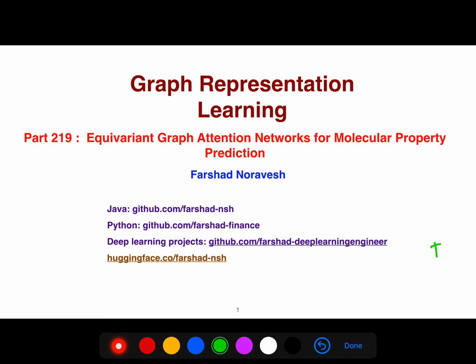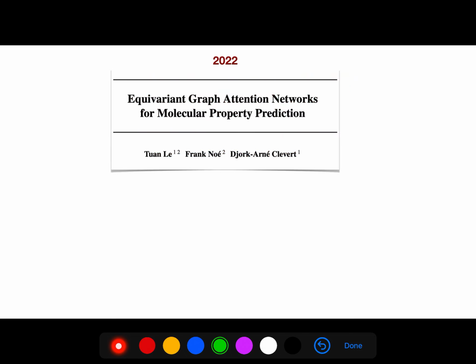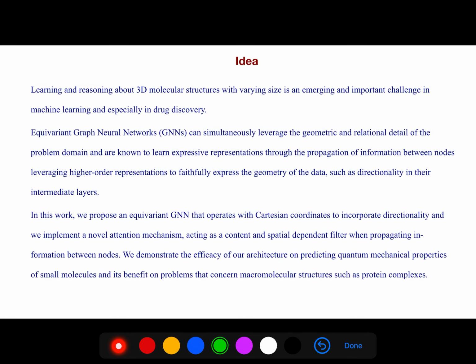Alright, so today I'm going to be explaining this important paper with the title Equivariant Graph Attention Networks for Molecular Property Prediction. This paper was published in 2022. Learning and reasoning about 3D molecular structures with varying size is an emerging and important challenge in machine learning and